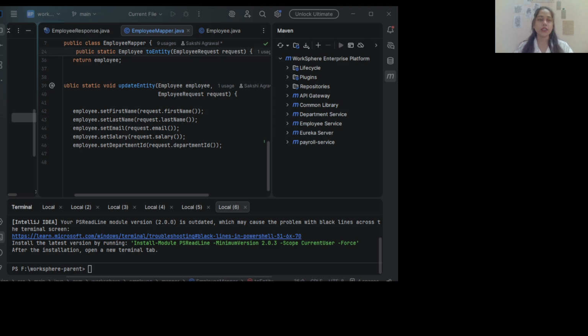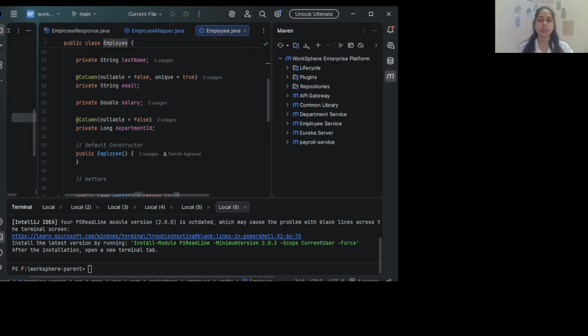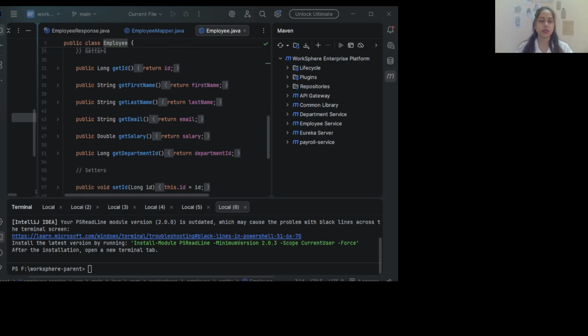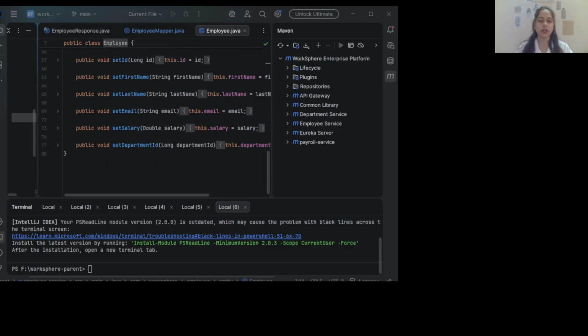Now let's look at an entity class. If we have this entity class, you can see we have all the data setters, right? Inside that we have a getter method and a setter method, we have already defined them here. So it looks like an entity. I am using a normal Java class instead of a record.